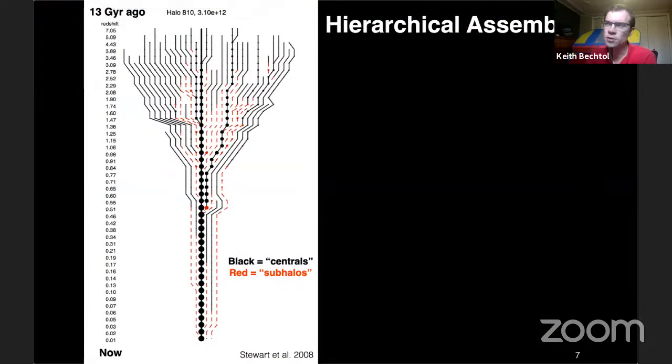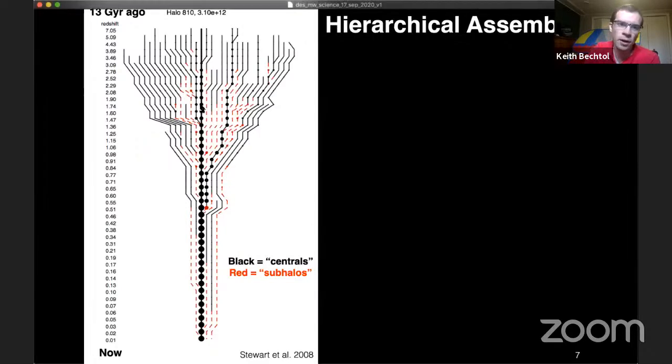So this is all really interesting from the standpoint of learning about how the Milky Way formed, because we have this view that a large galaxy like the Milky Way is built up by the hierarchical assembly of many smaller structures over a period of billions of years. And so this diagram on the left is meant to give some schematic of how that might work,